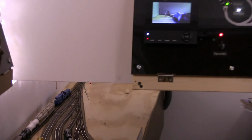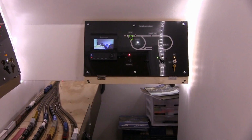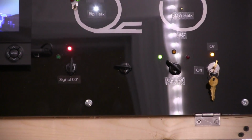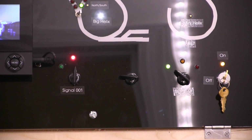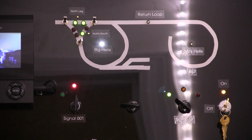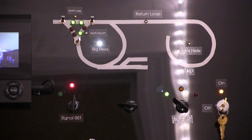And then this third rotary switch is going to be for the signal that'll be located at the top of the big helix, and you can see right there in the center of your screen, that's going to be where that is. So now let me preface this by saying, no, I am not going to be installing signaling on the Sayrehurst Secondary, because the Sayrehurst Secondary, we're going to be sticking strictly with the prototype, and it's going to be dark